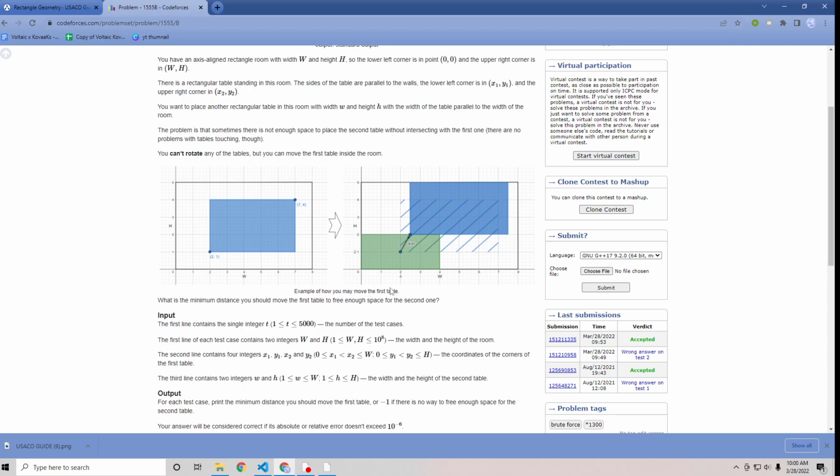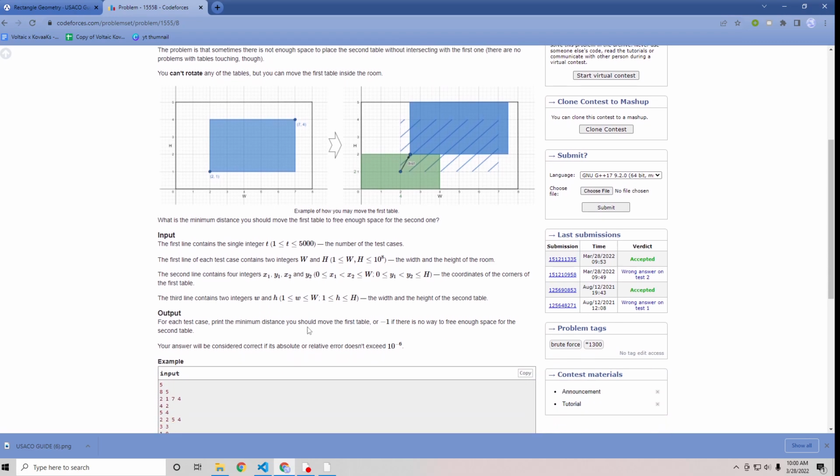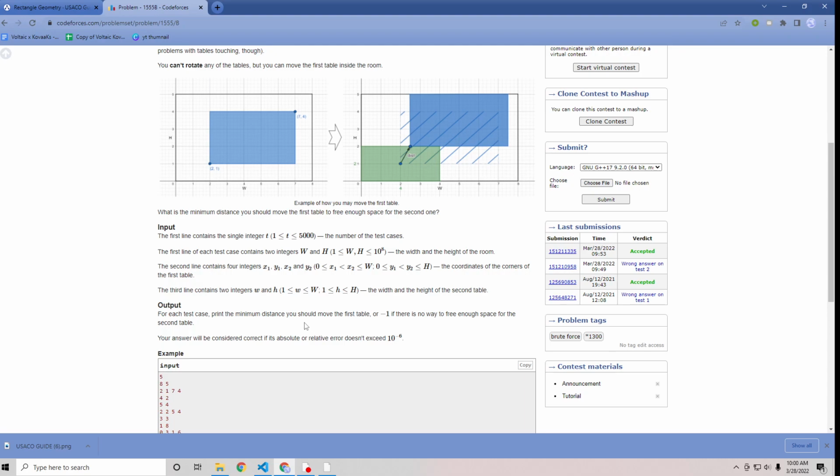So our input is, first, we're given t, which is the number of test cases. Then we're given the width and height of the room. Then we're given the bottom left and the top right coordinates of the table that's currently in the room. And then we're given the width and the height of the new table that we're trying to put inside the room. And we output the minimum distance we should move the first table to fit both tables in the room. And we output -1 if there's no way to fit both tables in the room. Your answer will be considered correct if its absolute or relative error does not exceed 10 to the negative